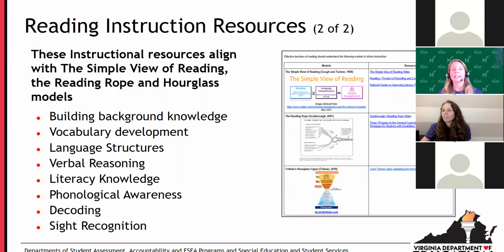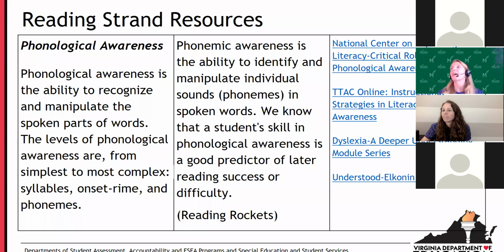Then finally, when we go to the next slide, you'll see that in that column to the right will be a few, I don't want to say the best because we don't have the permission to judge the best, but high quality resources where you're going to find the most diverse and helpful resources to support the instruction in that particular reading element.